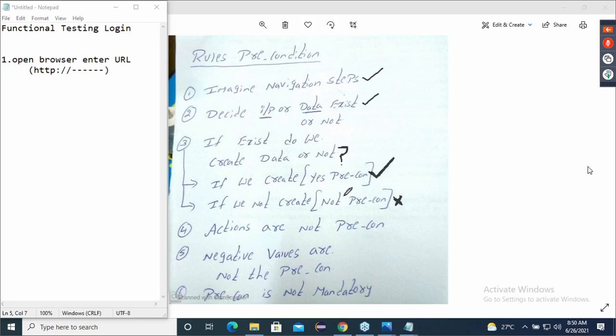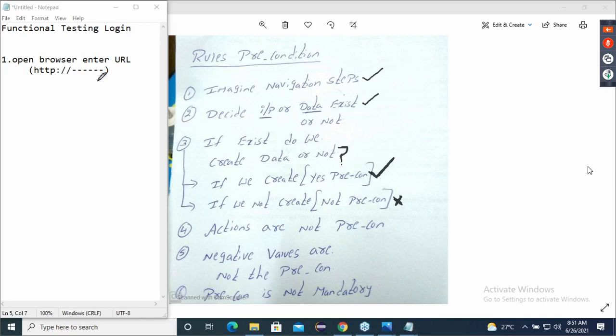Now observe, if we are creating it, then it comes under precondition. Correct? If we don't create it, then it is not called a precondition.